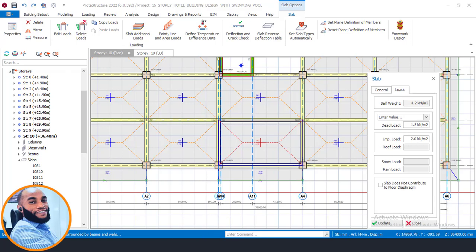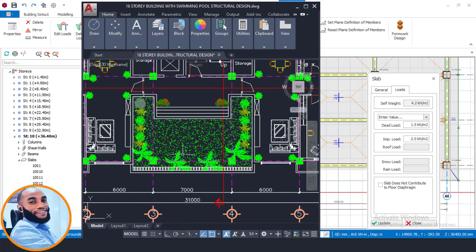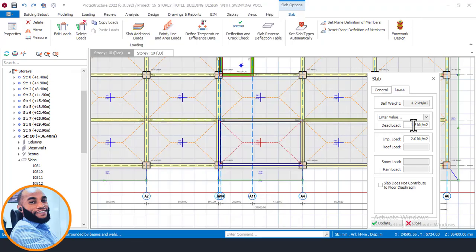Now since this place was perfectly kept for a green area, as you can see, this building will be on forever. This place will constantly be a greenhouse area, so that becomes a dead load. Okay, so I'll come here just now and then input the load here as dead load. My dead load now will become